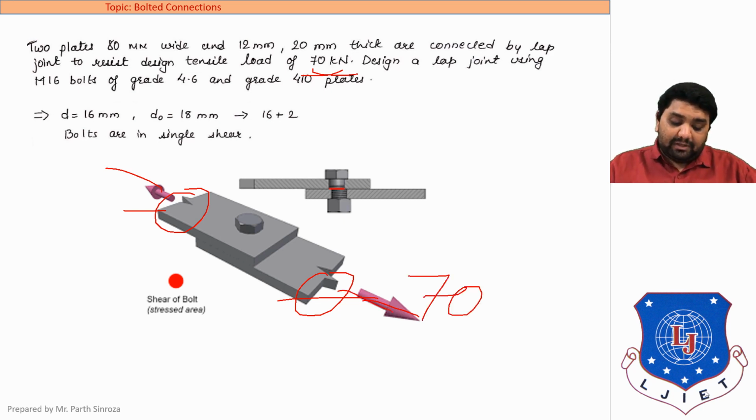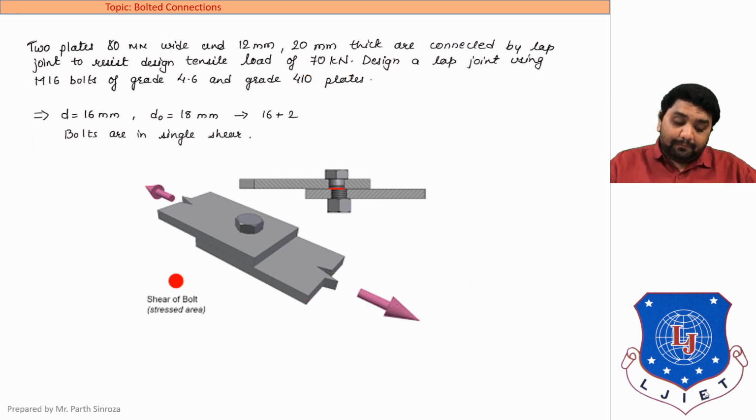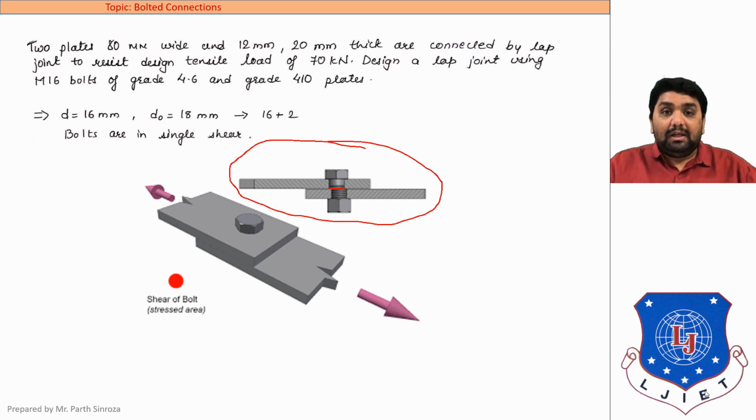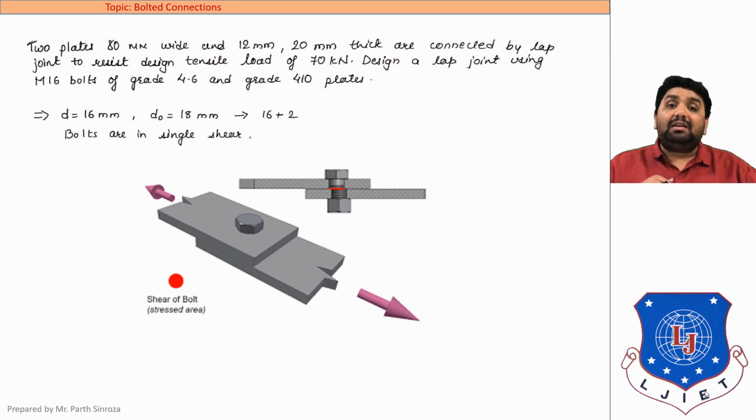So if we apply tension load in this direction, then what will happen? The failure will be something like this. Clear? If we apply the load in opposite direction or in tangent direction, the failure will be something like this. So here you can see that red marking is given in this figure. So this refers to the shear plane. Clear? Number of shear planes that are being affected due to this tensile force.